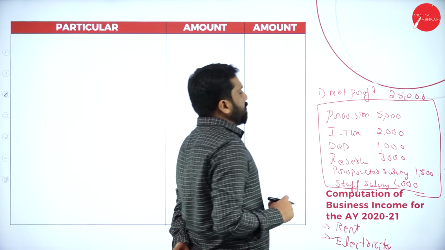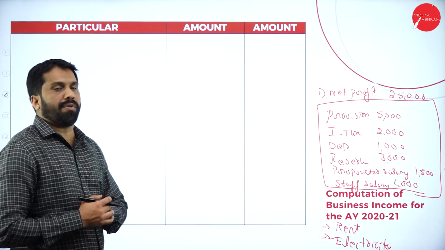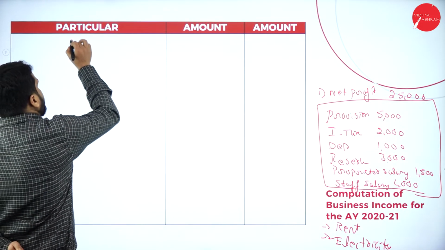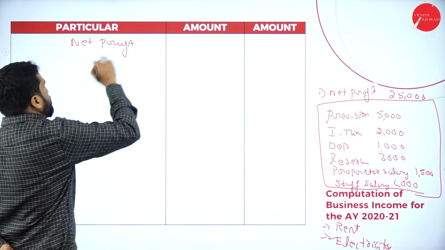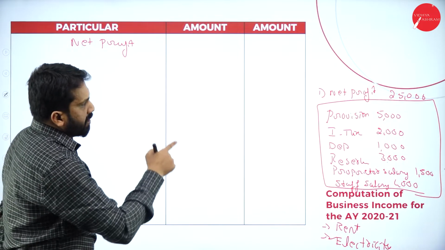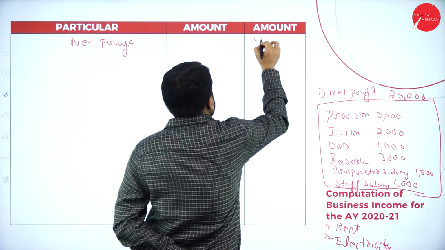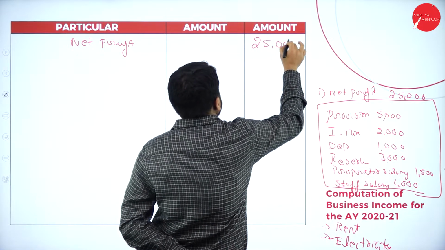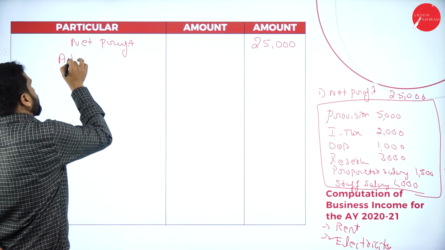Now, what is the procedure actually? As I told you, first we start with net profit. Write net profit. What is your net profit? As per this, your net profit is 25,000. Write 25,000. After that, add